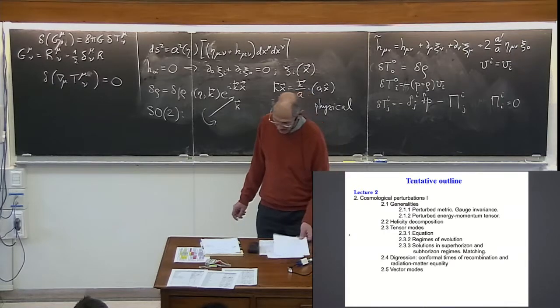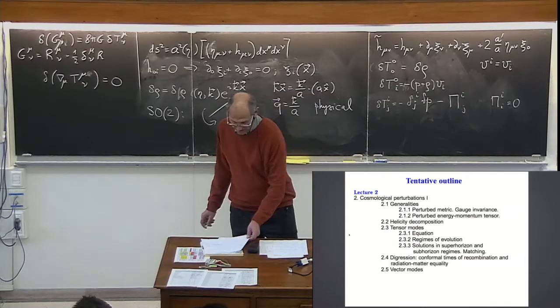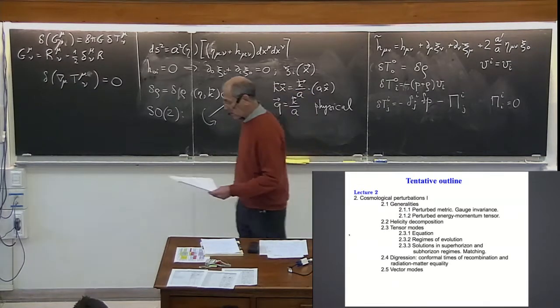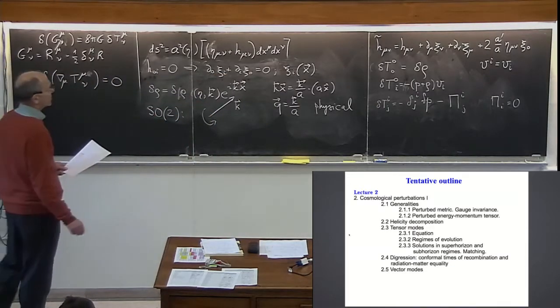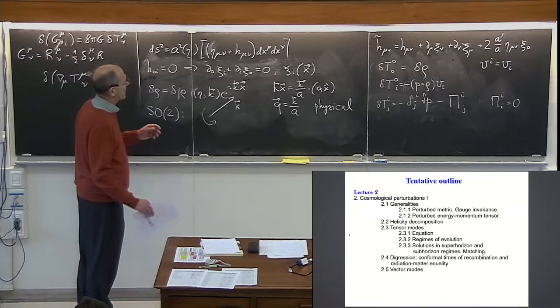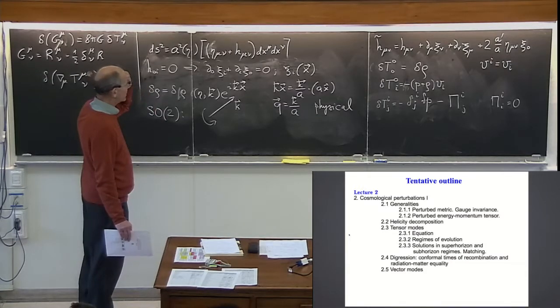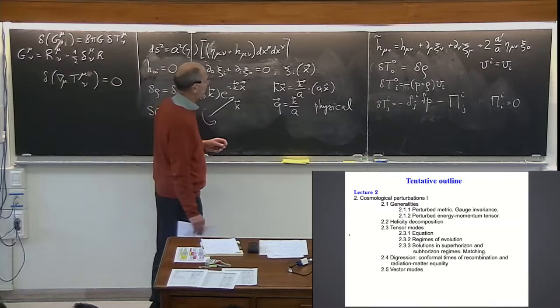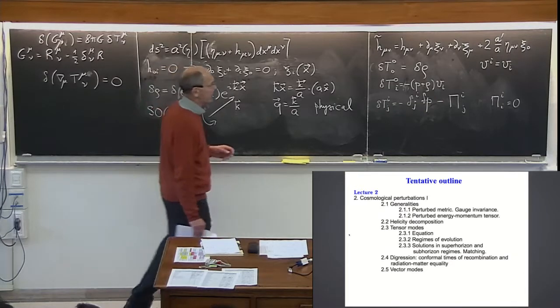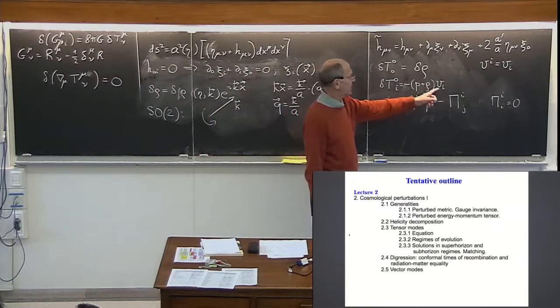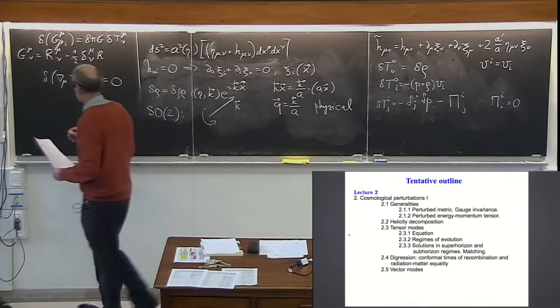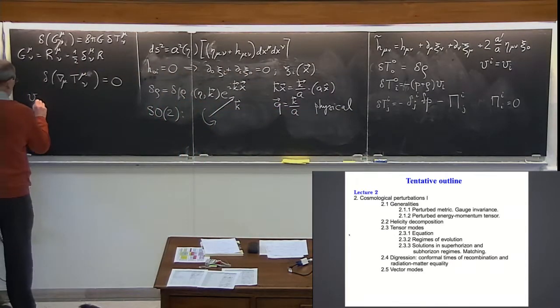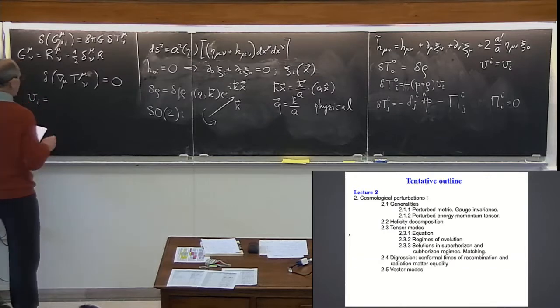So we can have various helicities here, since we have objects of different tensorial structure. For example, we have vectors like v_i, right? And this vector v_i could be decomposed into